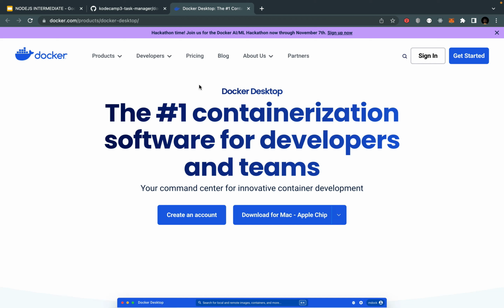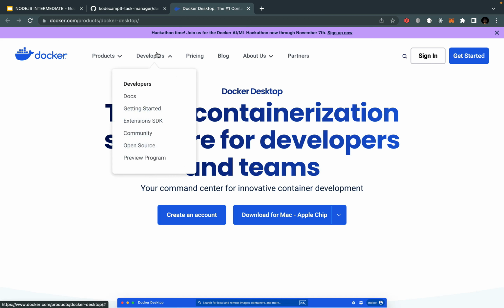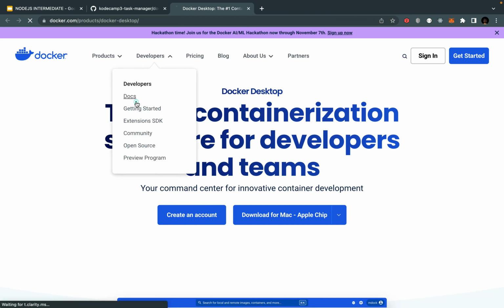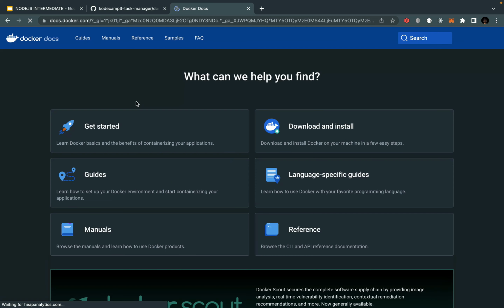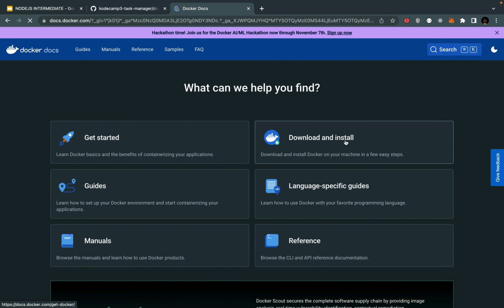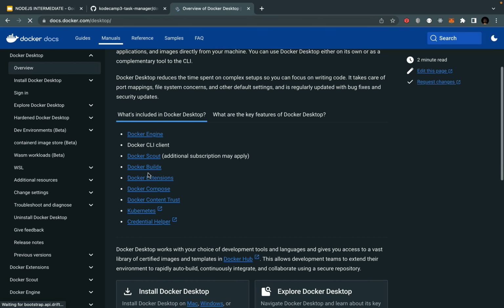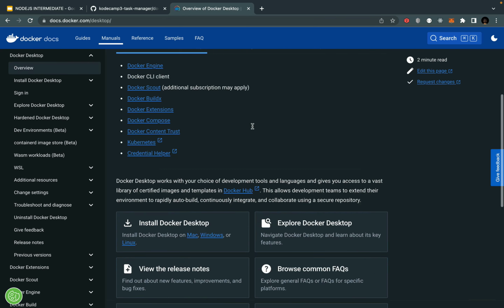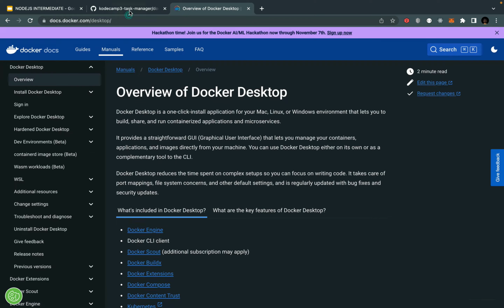You can also visit the developer option here, the docs, getting started, and any other thing you wish to check out. You can click here, select the docs, and under the docs we have get started, download and install, language specific guides. We have the manuals. You can also click on the manuals and then check on Docker engine, Docker CLI client, Docker Scout, and all of that. But for now, what we're going to be doing is come back to